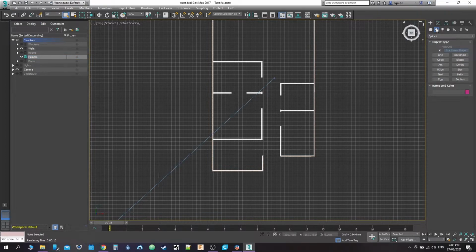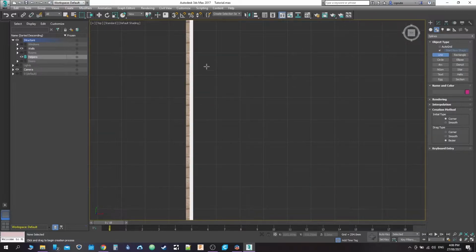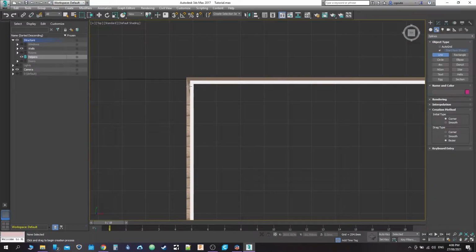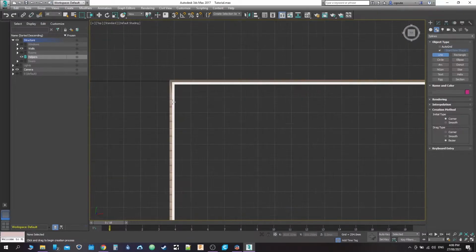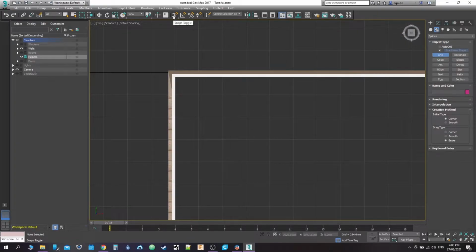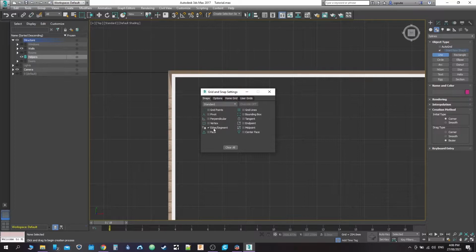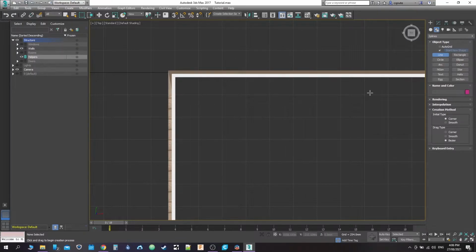And what we'll do, we'll go to shapes, splines, and we're going to start with a line. Now the idea is to trace over the wall. And to make this a bit simpler, we put on snapping. If you right click, you can actually turn on edge and segment snapping, which is what we're going to need, and probably turn off the others so it doesn't snap to anything else. Now with that on,